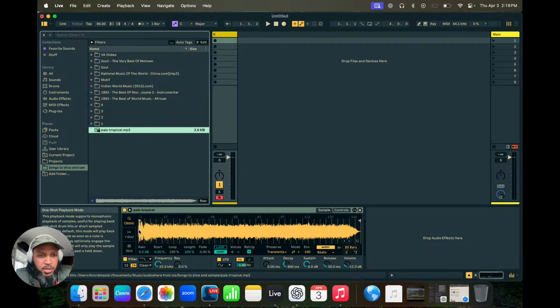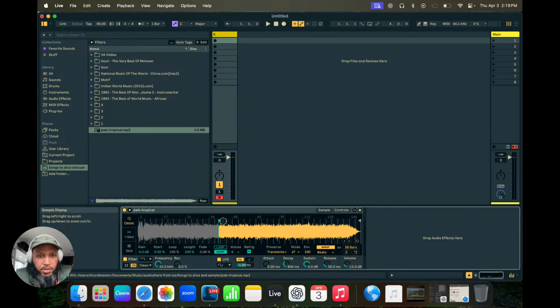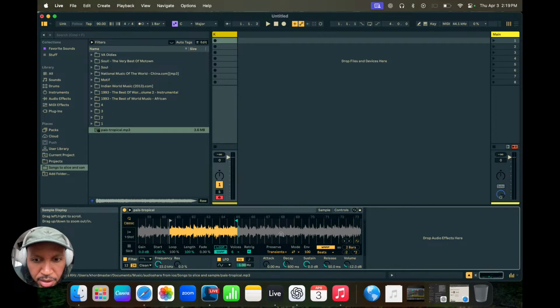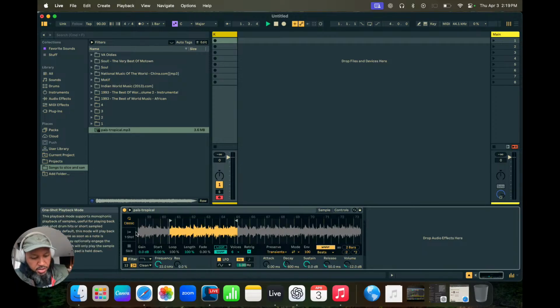I think the fact that you can't just move an exact 4-bar loop or something... let me see here. Hang on. So this is warped, and this is now going to